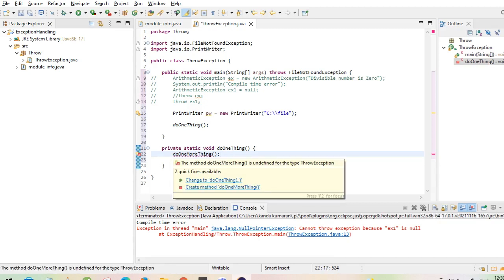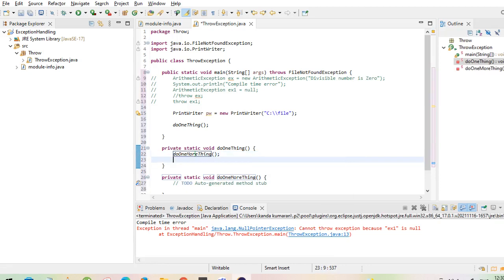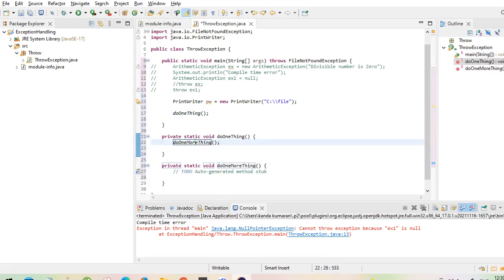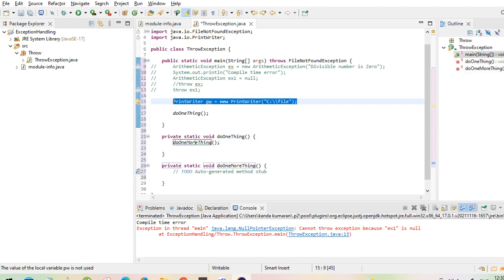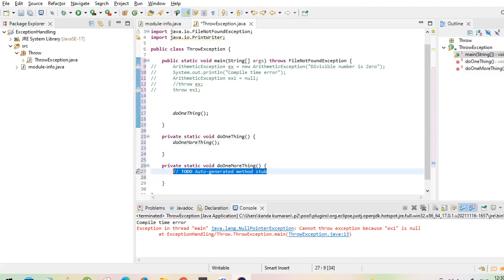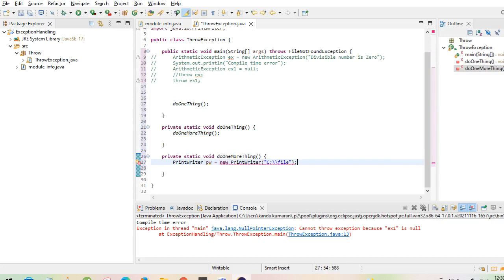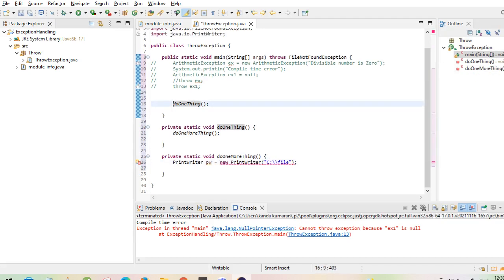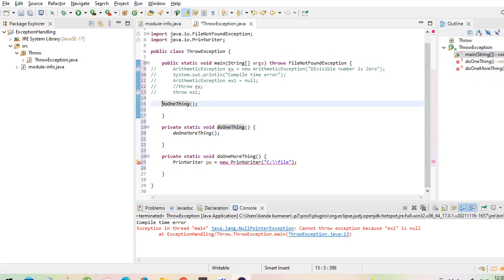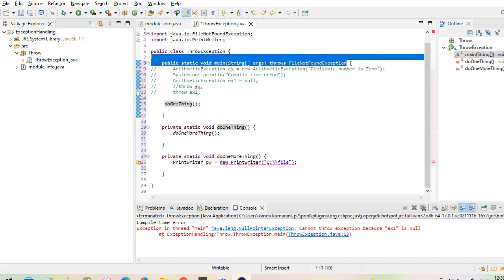It will create the method. Here I'll pass the actual code. I'll remove this exception throws file not found exception from here.